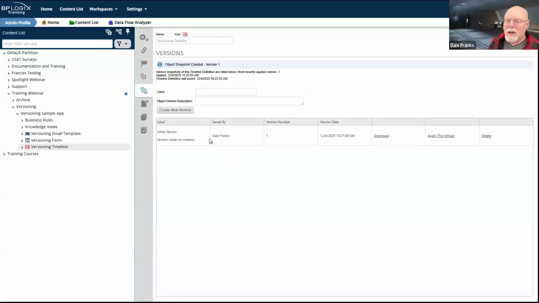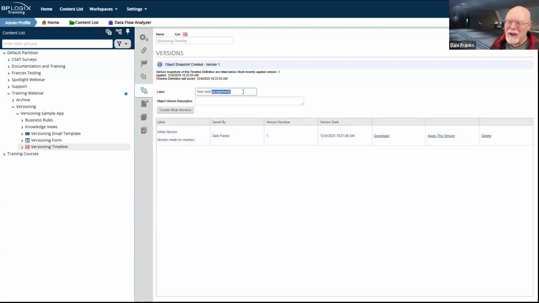That's great. So from this point on, anytime that I go back in and I make a change to the process timeline, I add a timeline activity, or I remove one, or I change how some activities are assigned to different users, then that's fine. I would just say, in this case, new task assignments. And by the way, come up with your own labeling and descriptioning practices.